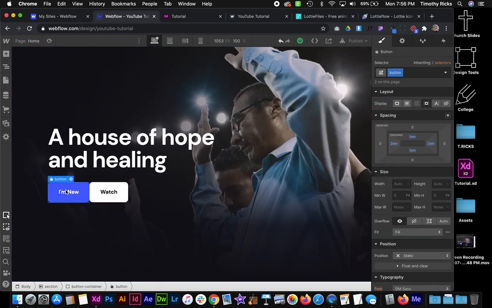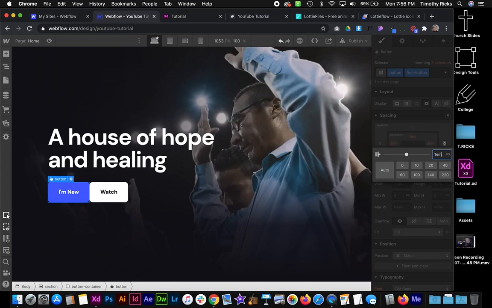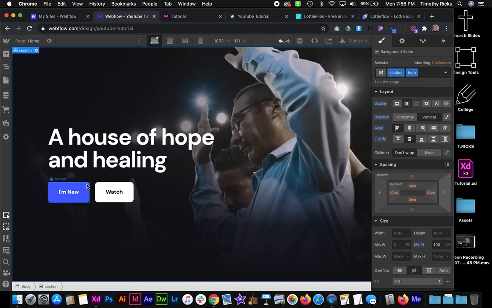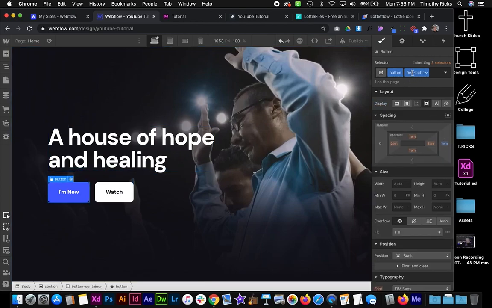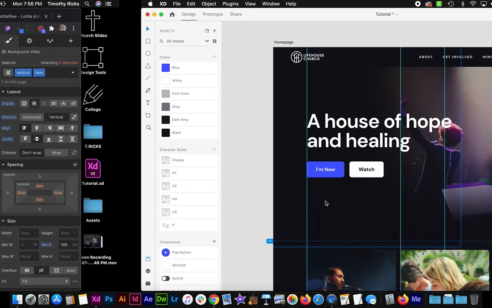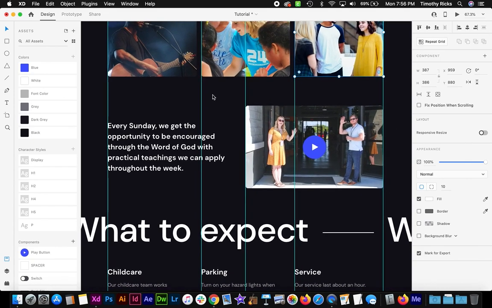So this one we also need a bit of space, so I'm going to add a space. I'm going to call this class first button, create a new class, and then the space will be 1 EM probably would be good. And that's just going to create a little bit of space right there, but because we added this class of first button, it's not creating the space here for the second button, which is good. So that is pretty much set up, and now we can go ahead and build the next section,